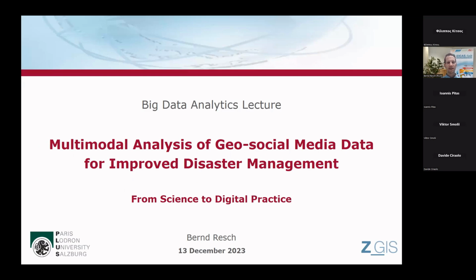Good, so this was my quick overview about what we're doing. Multimodal analysis, so you remember we have the multiple modes or modalities in the social media data, like geospatial, time, text, semantics, and sentiment, plus again, of course, images and videos, and how we try to bring this into practice from our scientific methods. Good. Thank you very much for inviting me again and for being here. And I'm very much happy, obviously, to take your questions. Thank you.